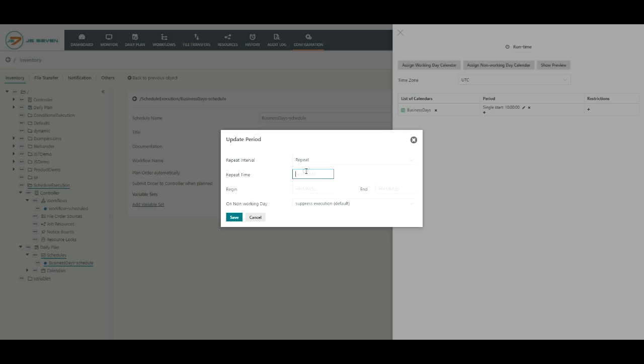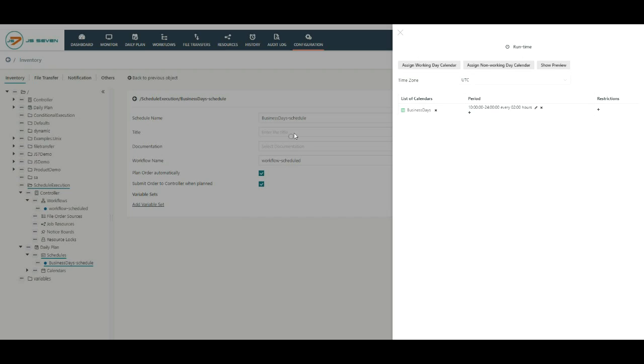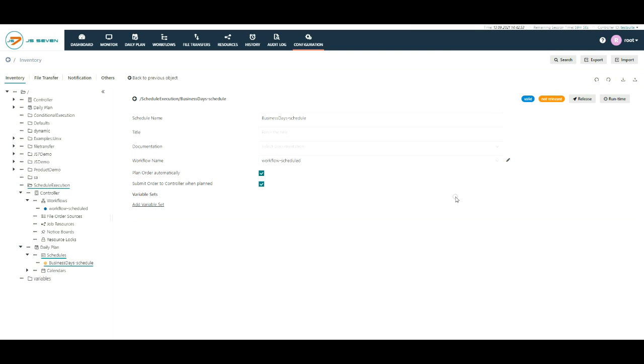Assign the repeat interval with the start time and end time of the order. After making the changes, click on the submit button. Close the runtime window and release the schedule.